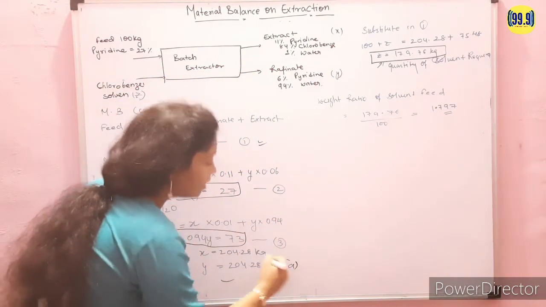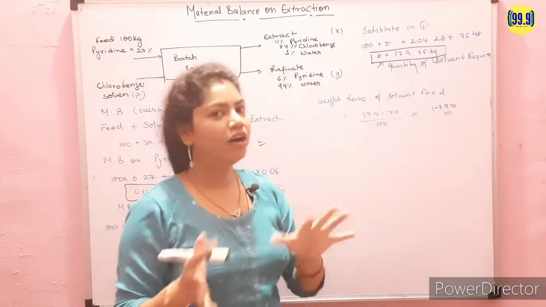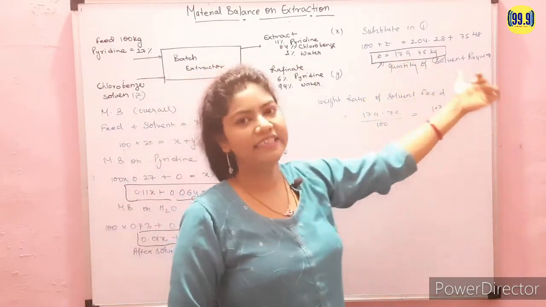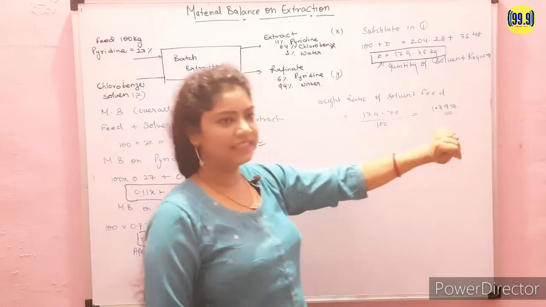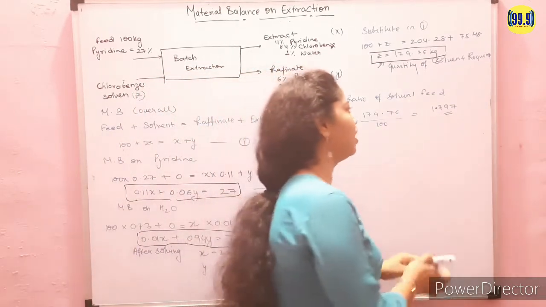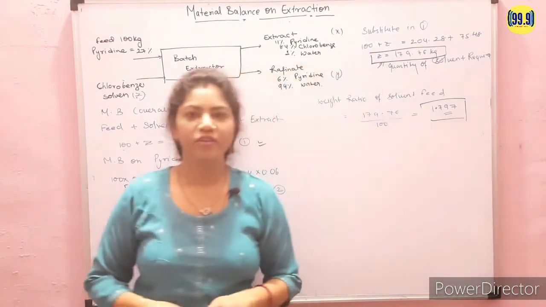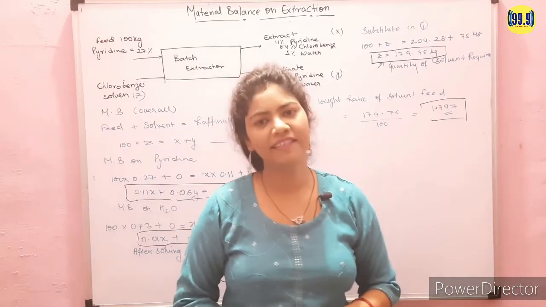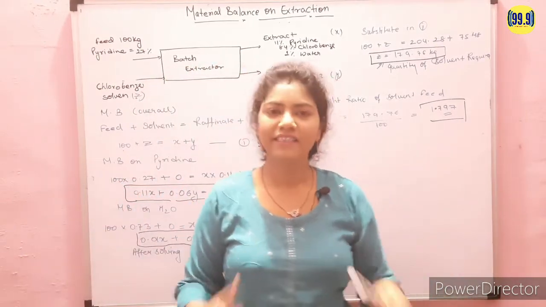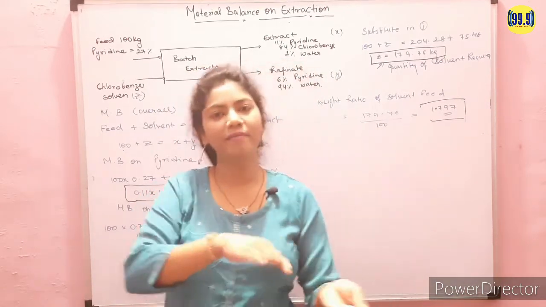ये हमारा फर्स्ट पार्ट हो गया। सेकेंड पार्ट हमने बताया वेट रेशियो निकालना है सॉल्वेंट टू फीड, और फीड हमें 100 kg दे रखा है, तो सॉल्वेंट हमारा 179.76 kg आया, तो सिंपली हम उससे डिवाइड कर देंगे और हमारे पास जो रेशियो आएगा वो होगा 1.797। ठीक है, तो ये देखिए कितना सिंपल था, सिर्फ मटेरियल बैलेंस करना है विदाउट केमिकल रिएक्शंस और जो सॉल्यूशन हमें सिंपली मिल जाएगा। बस थोड़ा ये देखना है कि हमें कैलकुलेट क्या करना है, उसके अकॉर्डिंग हम आगे के स्टेप करेंगे।